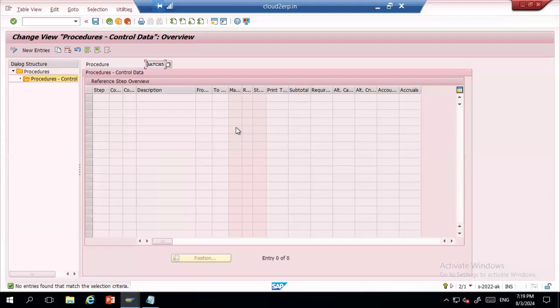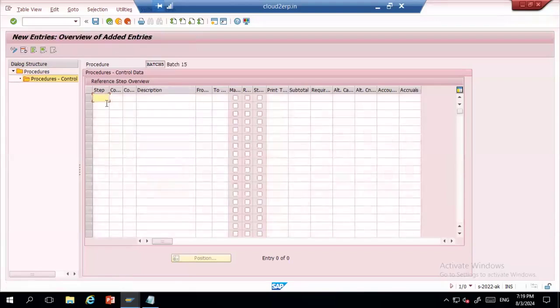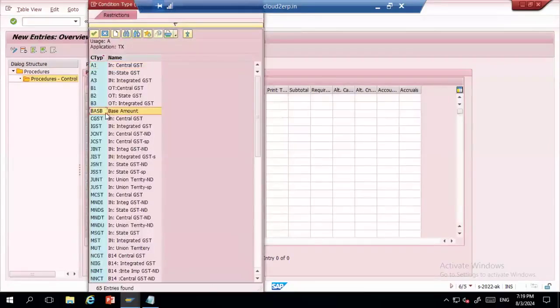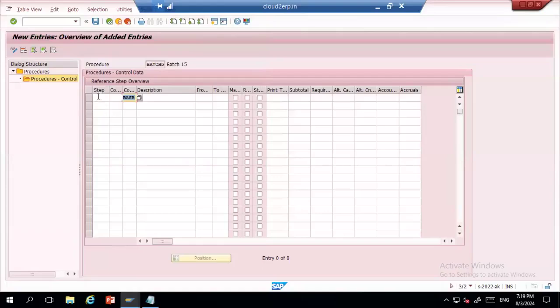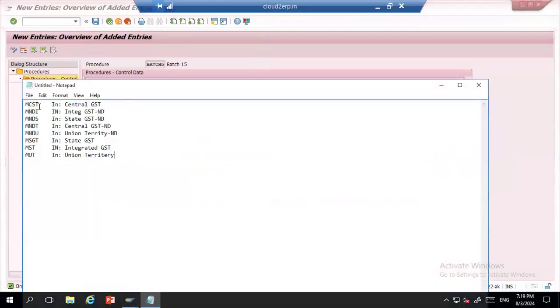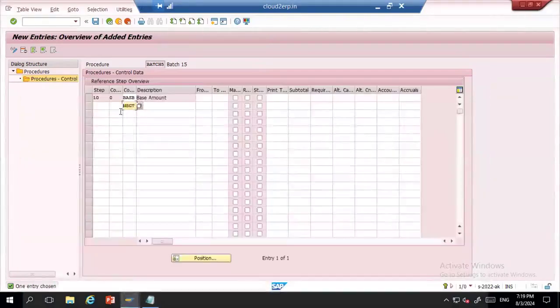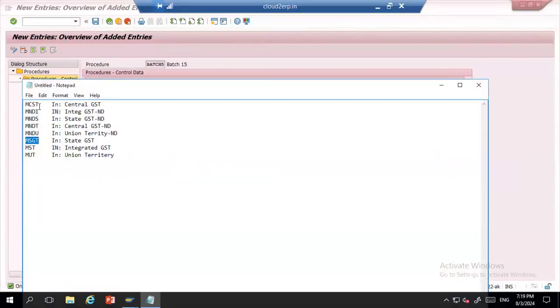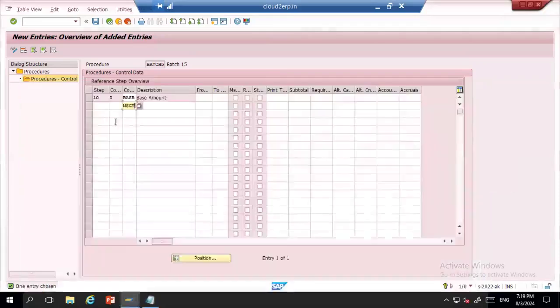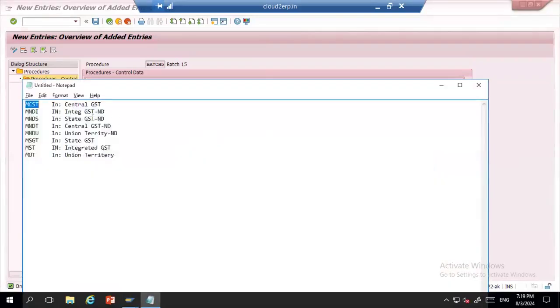But one condition is you need to maintain the base price first. So the condition type for the base price is BASB. So base amount. Okay, the step, let me give it as 10, enter. Now keep on adding all your GST condition types here. Everything related to M was our state GST. This is for central. First you need to enter all the GST categories, then we need to enter the non-deductible taxes.